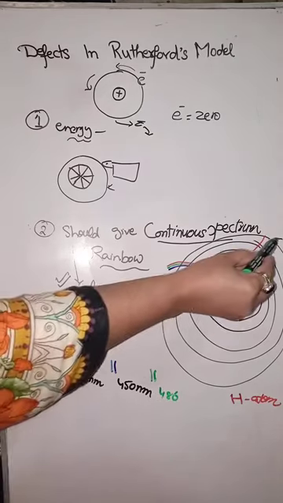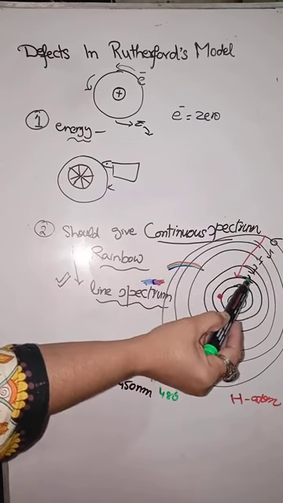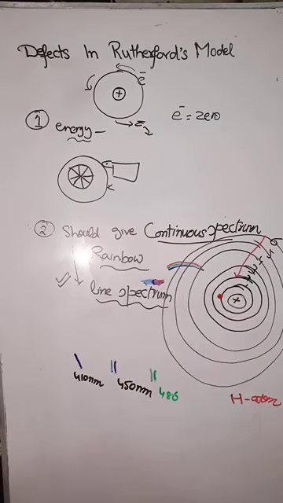And when an electron jumps from the third orbit to the second orbit, then it emits radiation